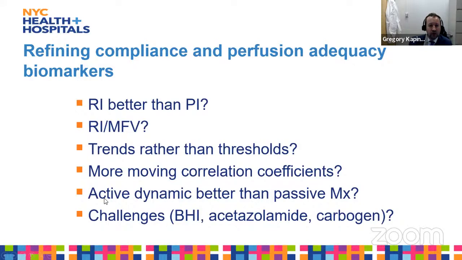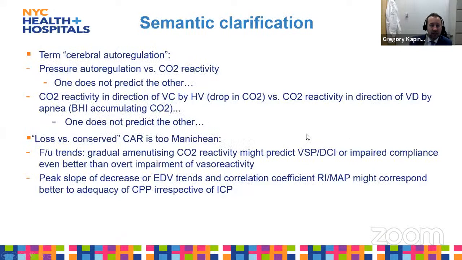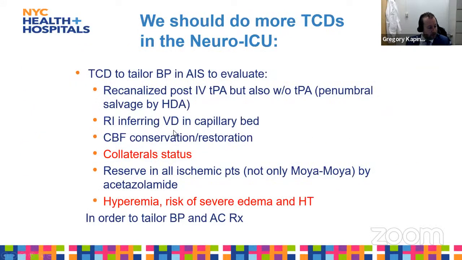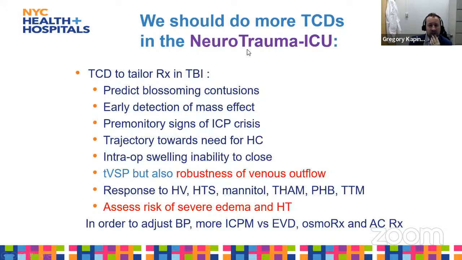I think we can also look at it with a dynamic approach, like the trends and the evolution over time, rather than just the passive Mx that has been promoted by Cambridge. We should do more challenges with the breath holding index, acetazolamide or carbogen. I don't have time to discuss the cerebral autoregulation. I'm going to skip over that and finish by telling you that we definitely need to use more TCDs in